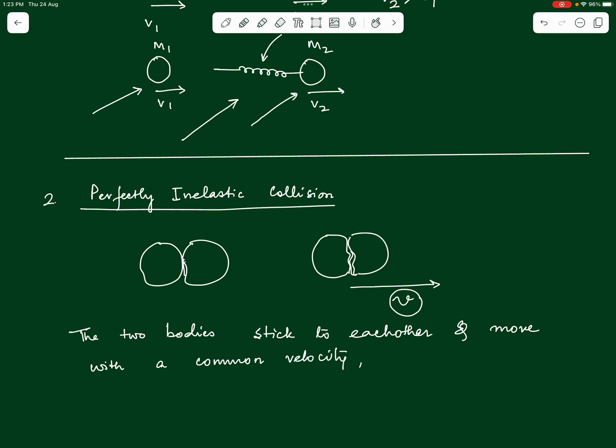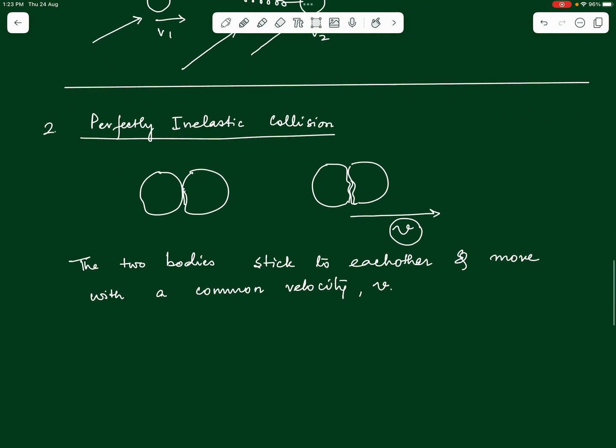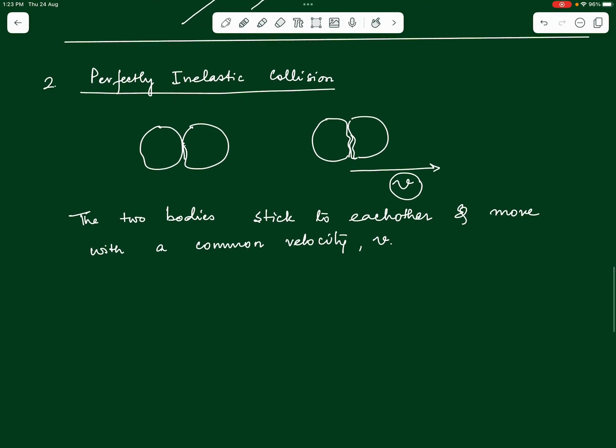Okay, which here we have written as v. So if that is the case, understand that the law of conservation of momentum is still valid. Why so? Because when the bodies came together to interact, the forces of interaction were still internal. There was no external force. So we can still say that conservation of momentum is still valid, which means that we can still write m1u1